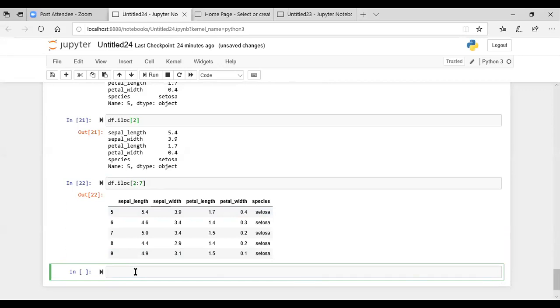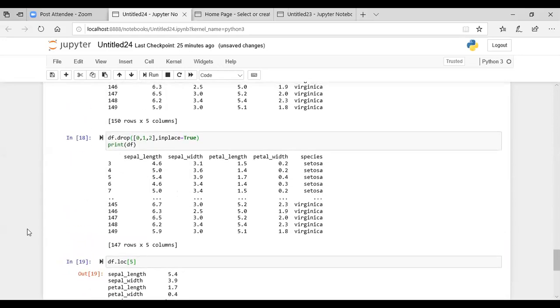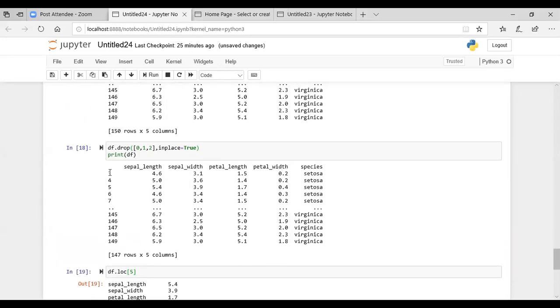And if you want to access a specific element from the data frame, not a specific row, not a specific column, but a specific element, you have to mention the index number and the indexing of the column as well. So let's say df.loc. If I want to retrieve the row number 4, or the index number 4, and the value of the sepal length, what is the value in this data frame for row 4 and the column sepal length?